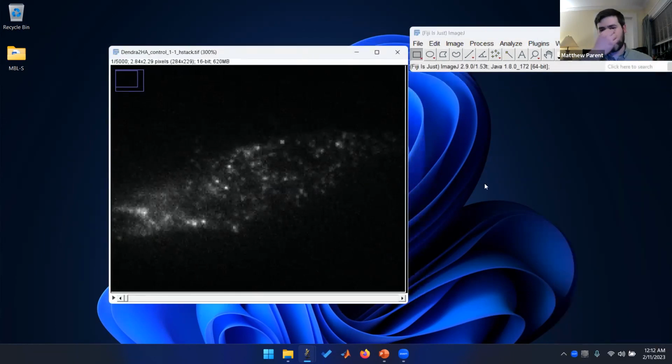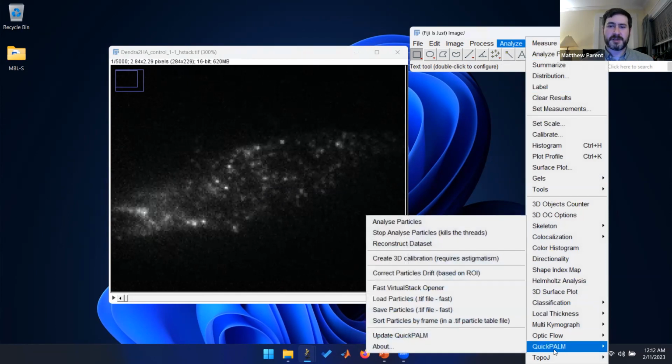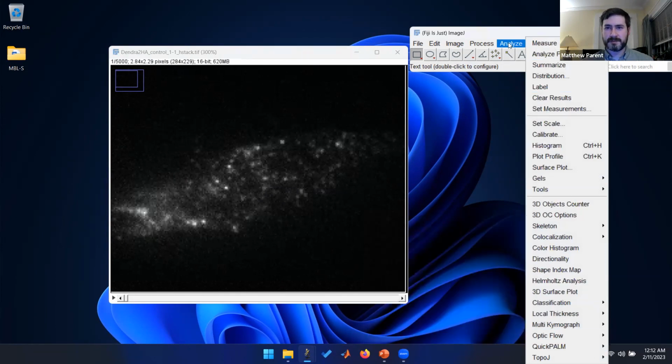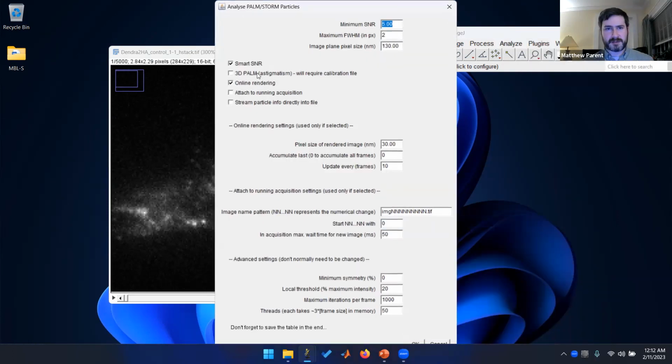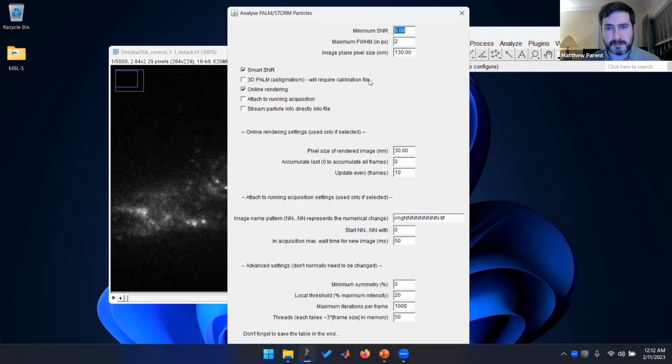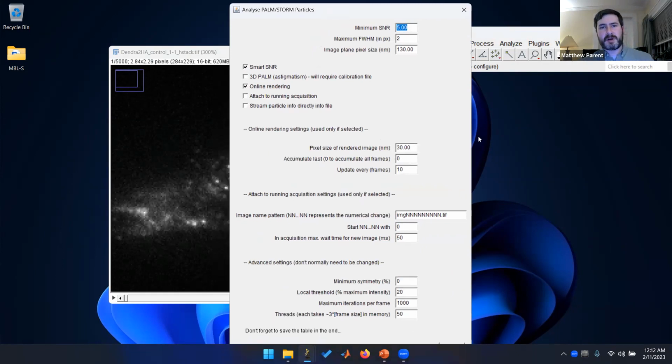and we'll start with QuickPalm. And QuickPalm is in the Analyze menu here. And if you have Fiji, it's just right here at the bottom. So Analyze, QuickPalm, and you can go to Analyze Particles. And unfortunately, there we go. Zoom is covering some of my options, but basically you have a bunch of options